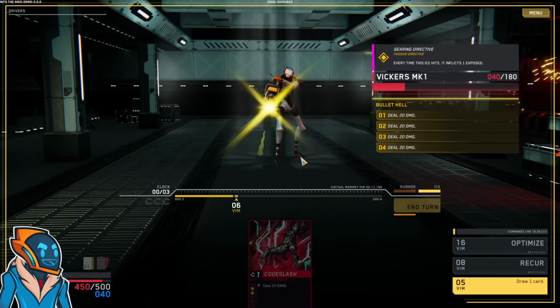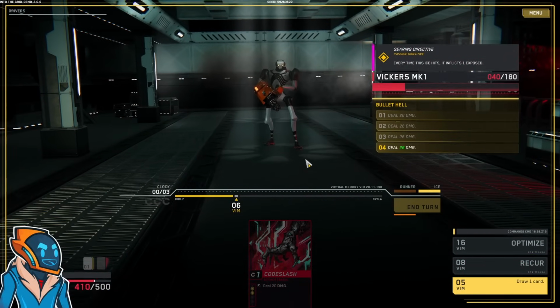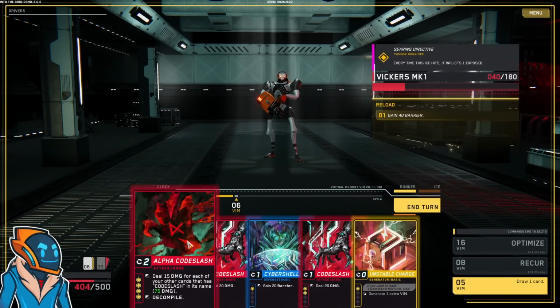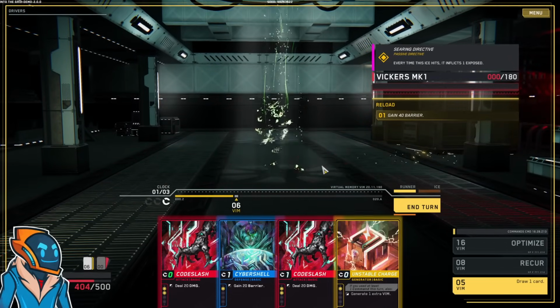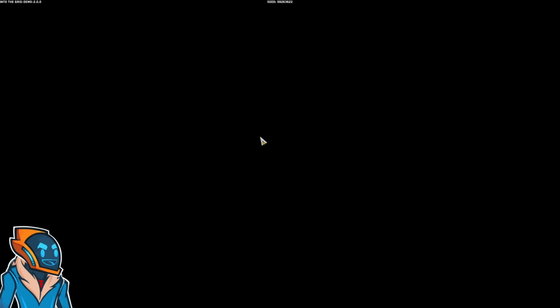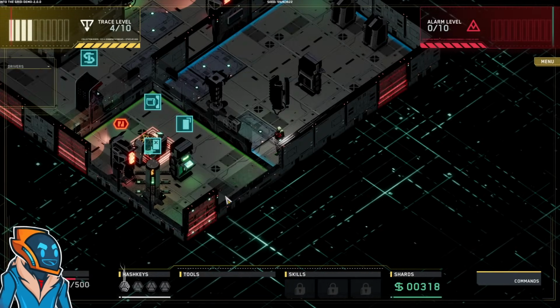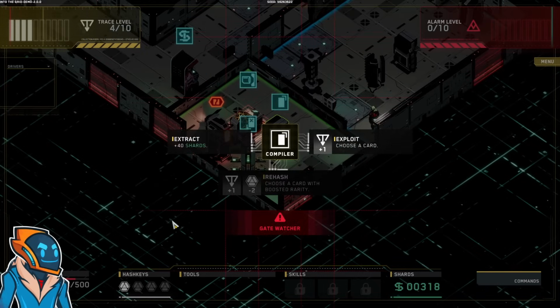Yeah, I was really hoping I'd draw the bonus. Well, that's 40 damage right there. And maybe if I'd led with that, I would have been better. I don't know, we'll see. Okay, combat rewards. We do get a hash key. Once again, though...